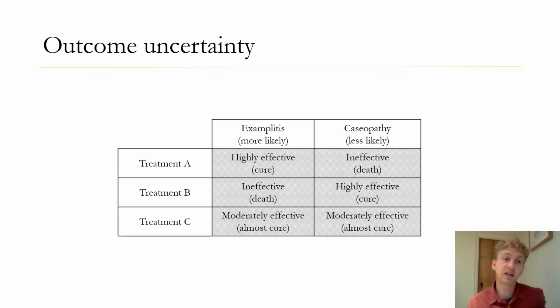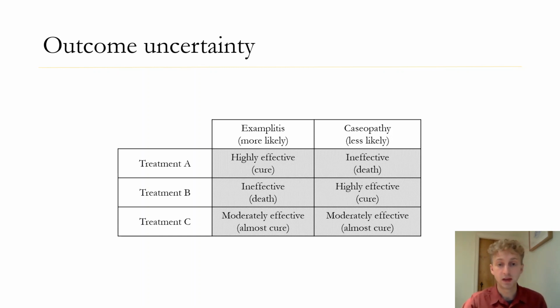Now, just like in choices under uncertainty about patient preferences, I think there are two parts of the response to this kind of decision under uncertainty. Firstly, we should aim to reduce the uncertainty by gaining more information. Run some tests, gather more information from the patient, and so on. But we're also going to need to think about how to make this choice while the uncertainty persists, particularly if it's an urgent choice. And in this case, I think it seems intuitively clear that treatment C is the best